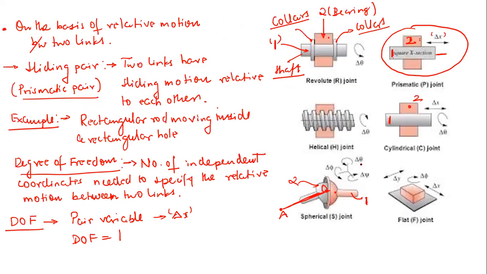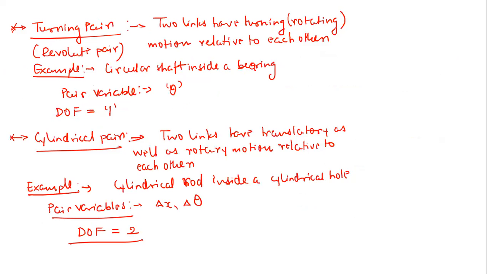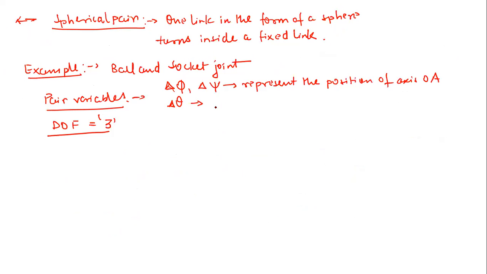This delta theta which you are seeing here, right? So this is very important, watch this carefully. If you move this OA inside this fixed link and rotate this, then this delta phi and delta psi will represent the position of this axis relative to this Cartesian coordinate system, right? And the delta theta is going to